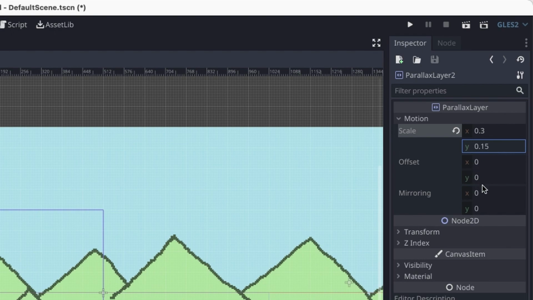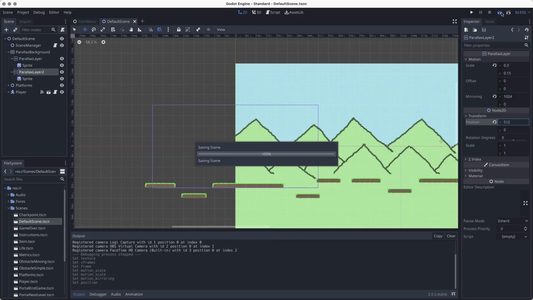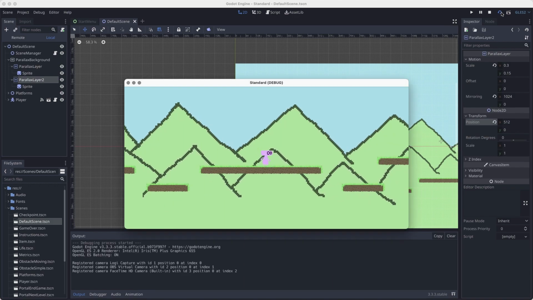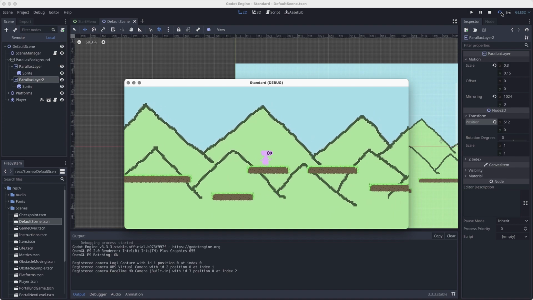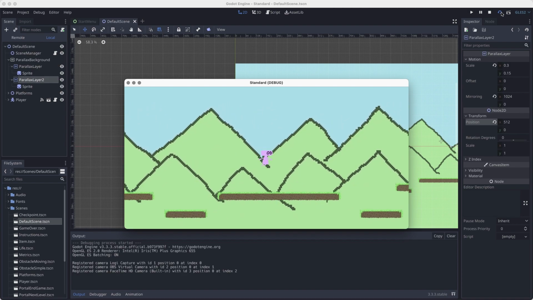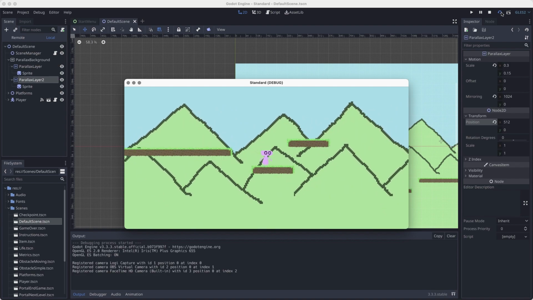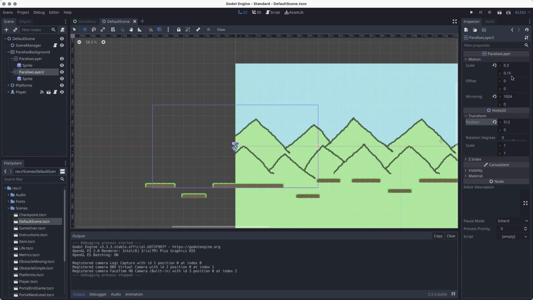So then I'll just set the mirroring to 1024 and the position to 512 just to match the settings of the background. And so now that looks pretty good. We get this kind of illusion of motion, of distance with these different layers. So within a 2D game, this is a way that we can kind of create depth. And it's also nice because we don't have to draw like a really, really long background. We can just repeat this one background that we have,